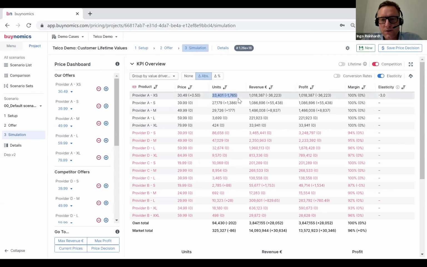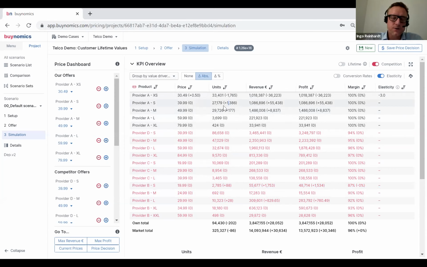So you see, we increase the price, we have a price elasticity of -3, lose about 1,700, but most of these customers that are lost in this plan stay within our own portfolio. Some will go to competitors, so we increase the price of our very small plan. And some of the people who like the small plan will go to the smallest plan of our competitors. So you have the full dynamics, and you can use it to optimize your portfolio. And see, because you get all of these interdependencies.